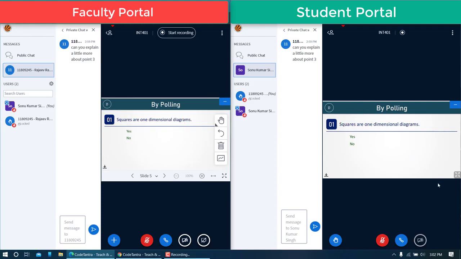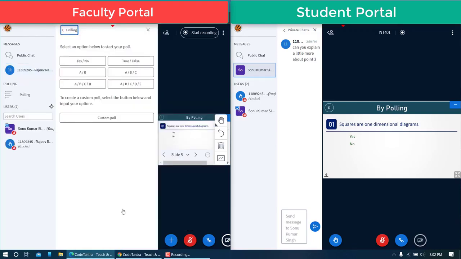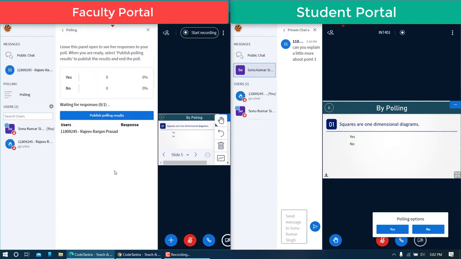You as a student will be looking at this screen and you have got two options, yes and no. So what the teacher will do is he will start a polling and give you an option yes and no. And the moment he gives you an option, you can see the yes and no option here. So you have to click on either yes or no, or any one of these options mentioned here. So I think its right answer is no, so I'll click on no. So the moment I click on no, the same will appear here.